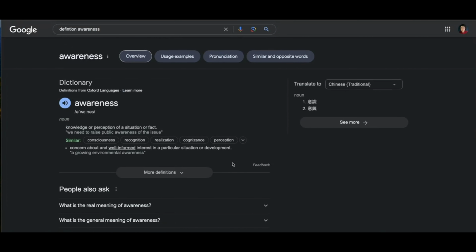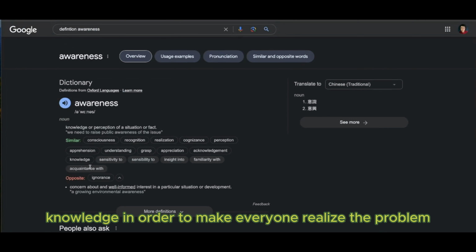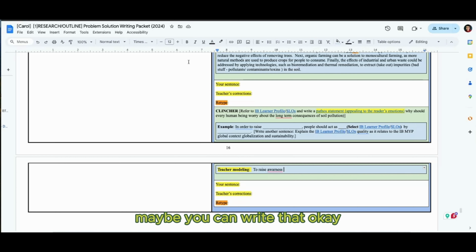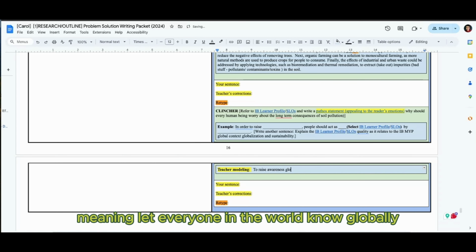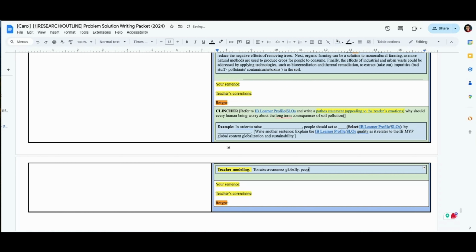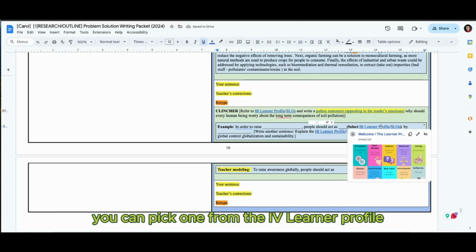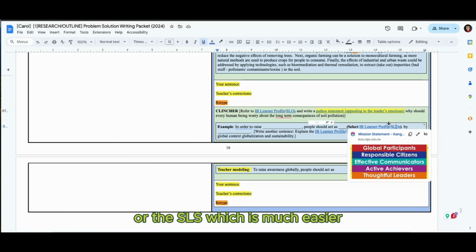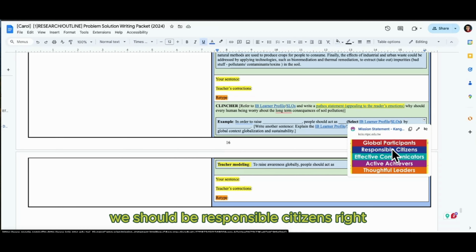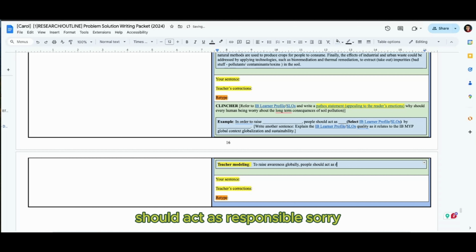We have knowledge. In order to make everyone realize the problem, maybe you can write that. Okay. In order to raise awareness globally, meaning let everyone in the world know. Globally, people should act as. Okay, so pick one of these words here. You can pick one from the IB Learner Profile or the SLOs, which is much easier. We should be responsible citizens, right? Should act as responsible citizens by